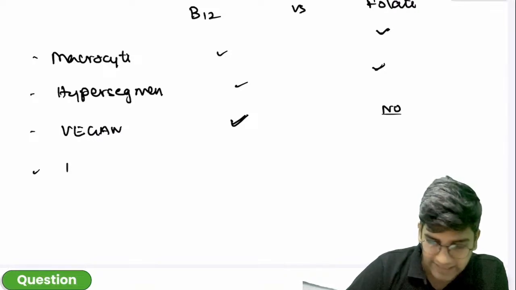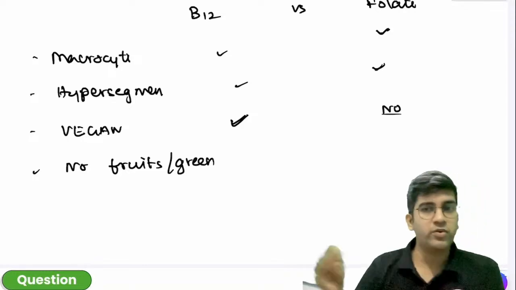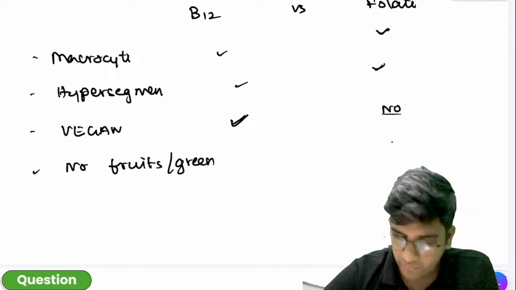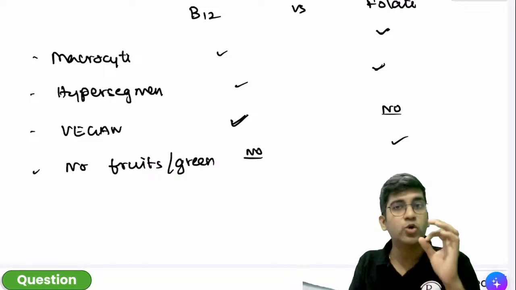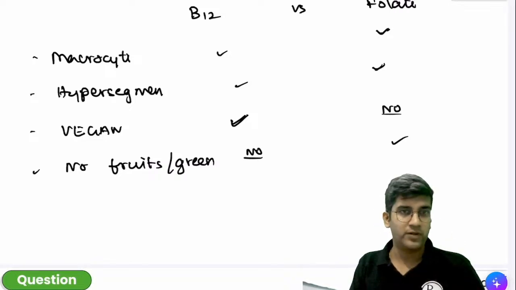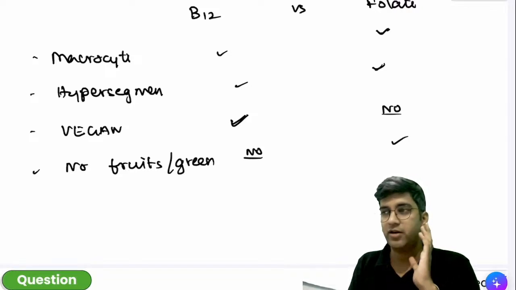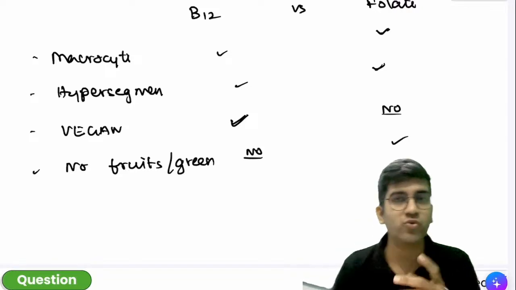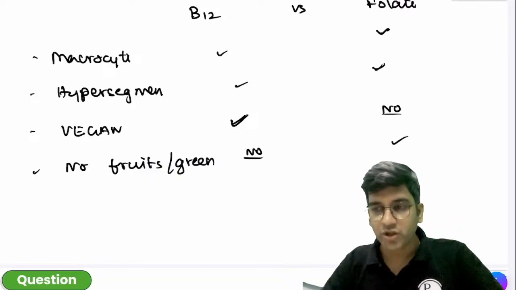If the person's diet has no fruits or greens, which deficiency will be there? It'll be folate, and here no, right? Because the only good source of folate is fruits, right? It's not anything else, right? I'll tell you a very important different look from how human beings have spoiled all the diseases, right?